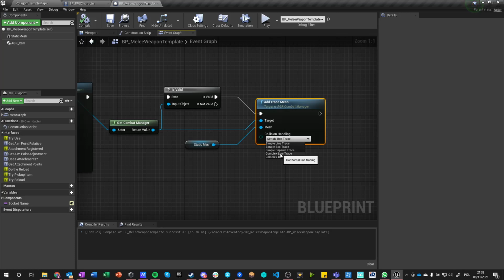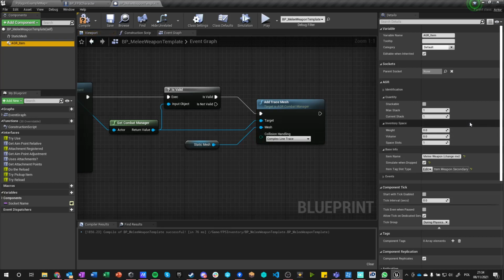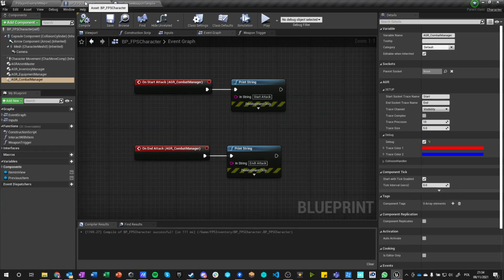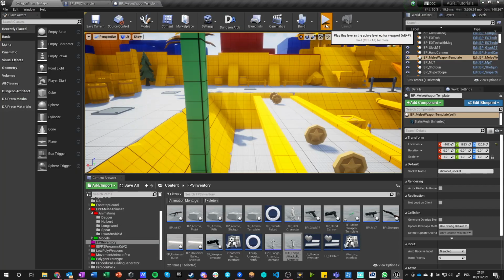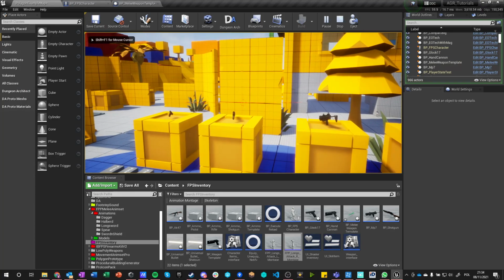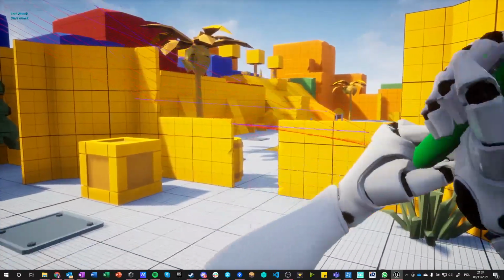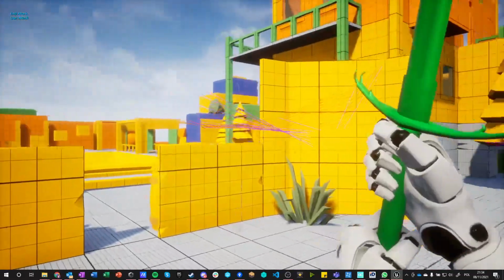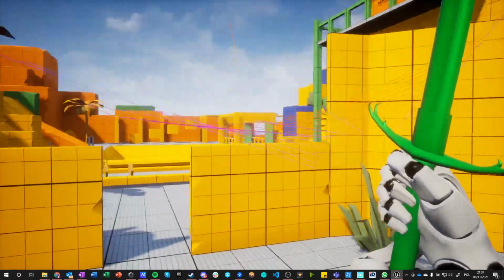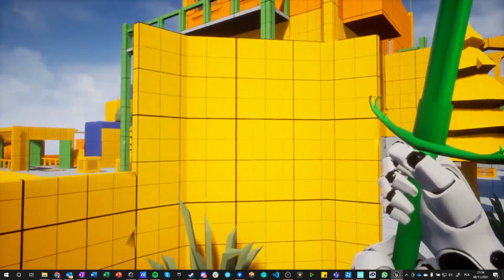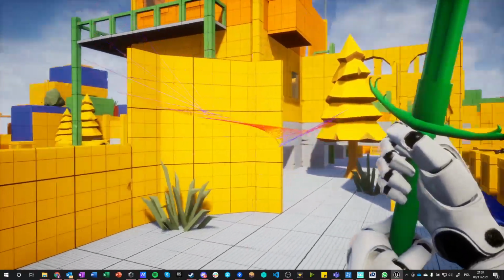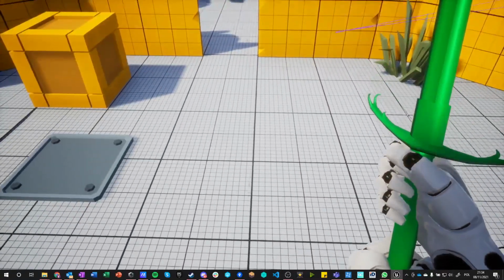So let me show you something really cool and complex, the complex line trace. And complex line trace takes a parameter from Combat Manager, trace precision, not size. And this trace precision says that right now we have it set on 10. So if I go full screen, I pick up this, you can see that I am now drawing a fan of both vertical lines and horizontal lines. So this makes a very compelling full shape. You can see here,